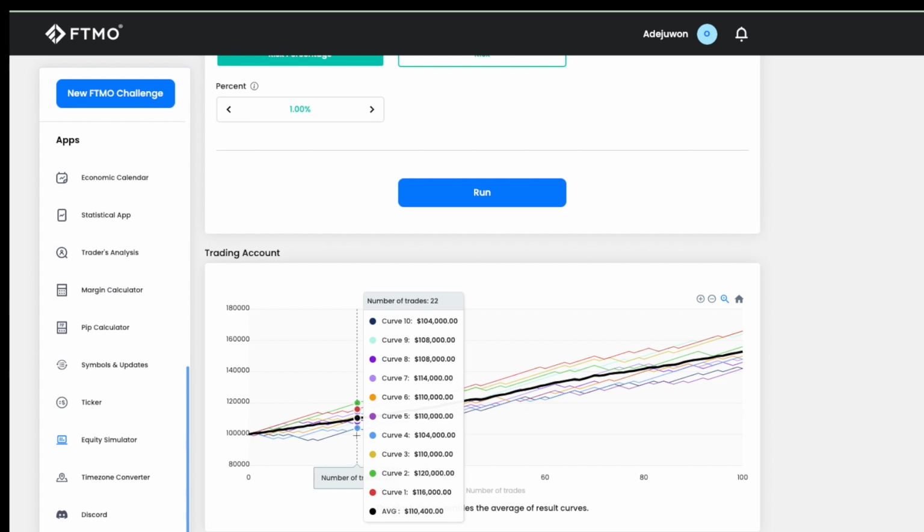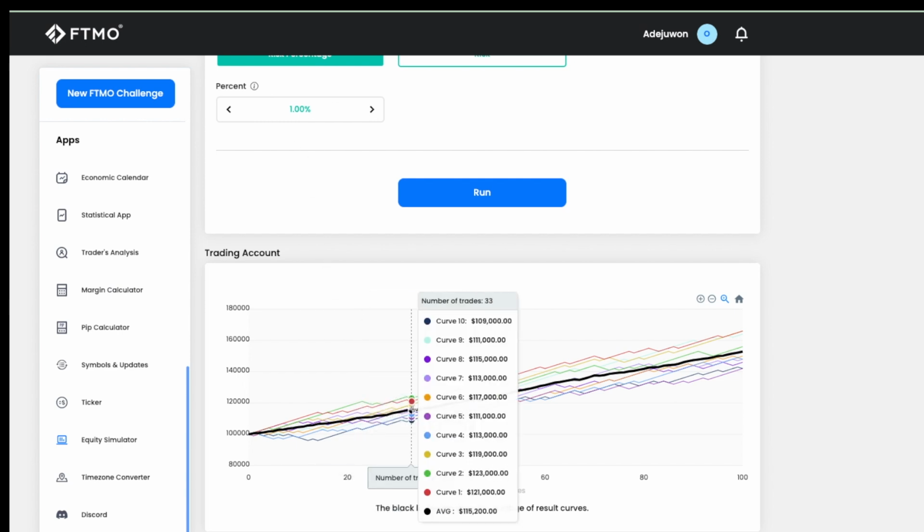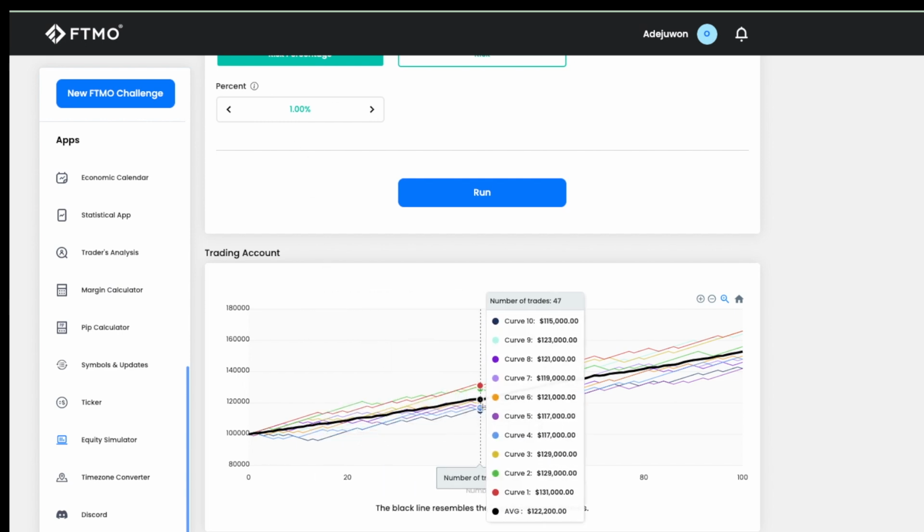You can do the same type of thing I've just done over here on the lower risk if you just change your percentage here, and that will show you, if you scroll across this area, how many trades on average it should take you in order to pass your prop firm account, so you can understand better when you would be able to get your live account.